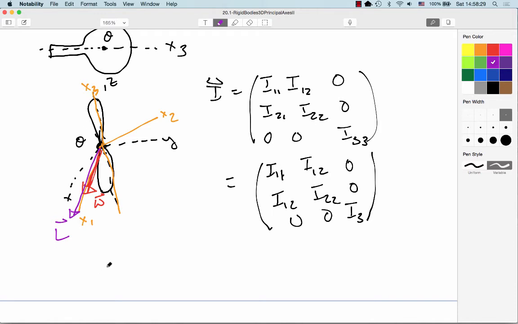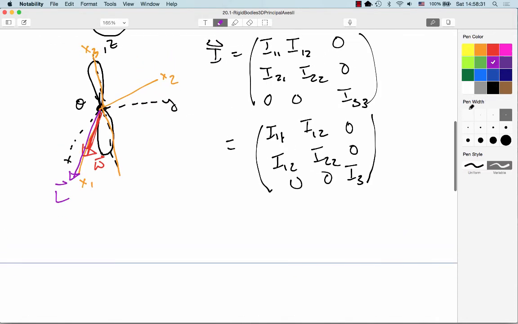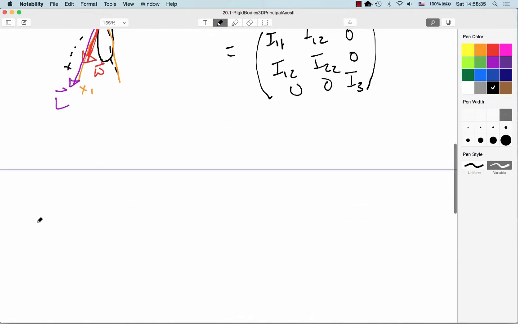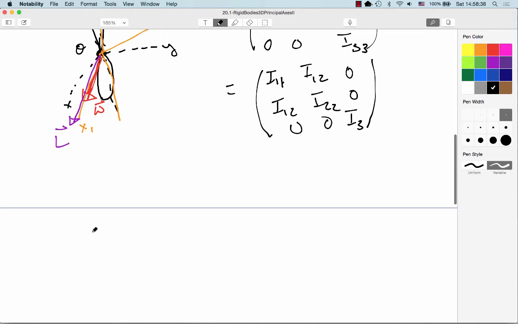So that's what we're going to do. We're going to demand that it lie along there. So I can go ahead and say that my angular momentum L has to be equal to I dot omega, and that will be equal to